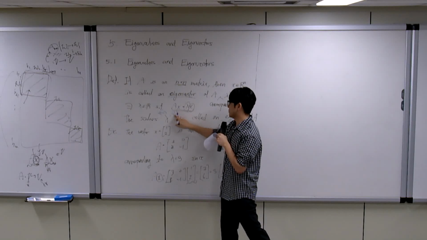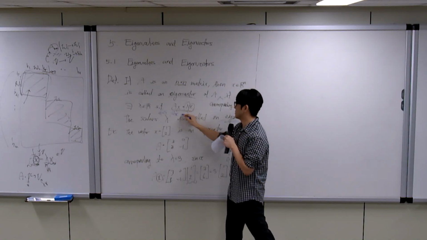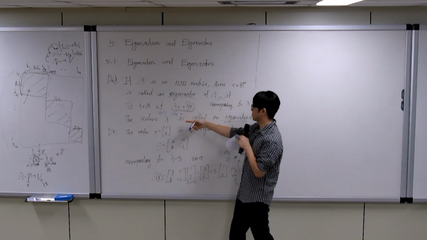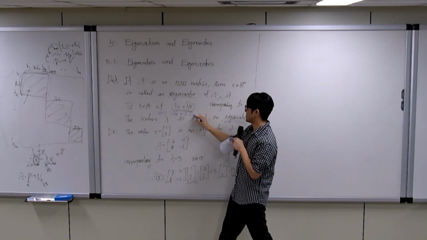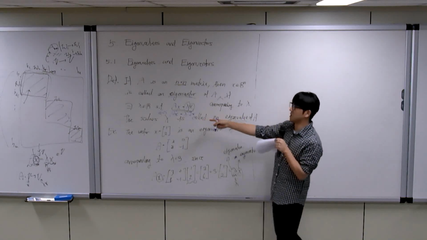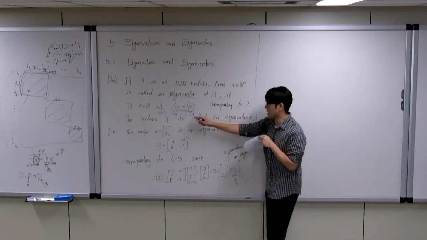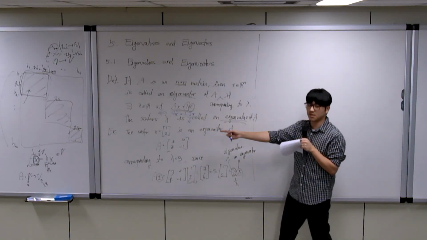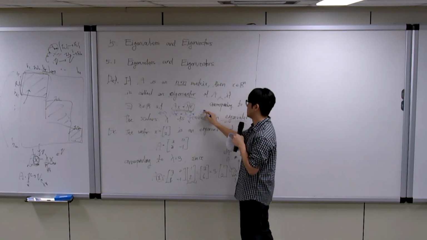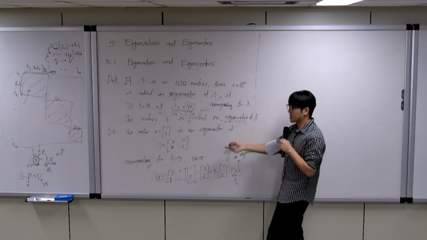I will write x in a bold notation. Same, the identity matrix multiplied by x is also x. So although we write it like this, it is the same equation, then we can calculate it as